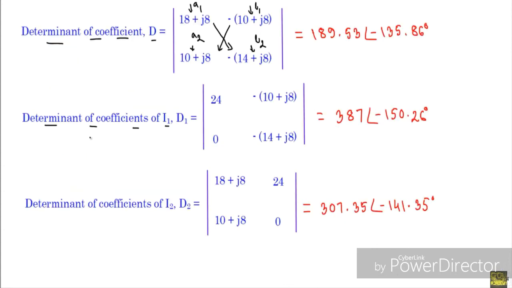So if I take that, I will get a determinant of coefficients I1, which I will denote with D1. Here this is C1 and this is C2 and this is B1 and this is B2. So if I cross multiply this with this and take the minus of cross multiplication of this, I will get 387 with phase angle minus 150.26 degree. Okay, after that